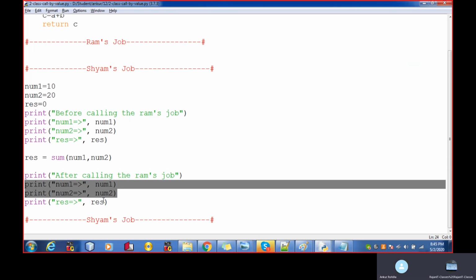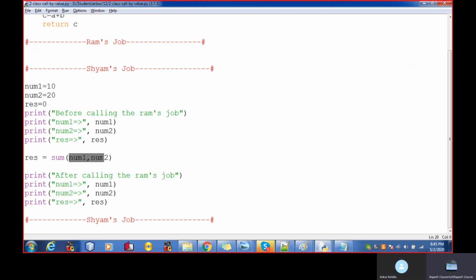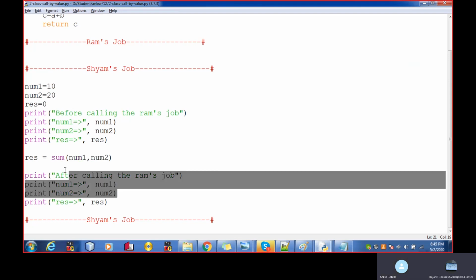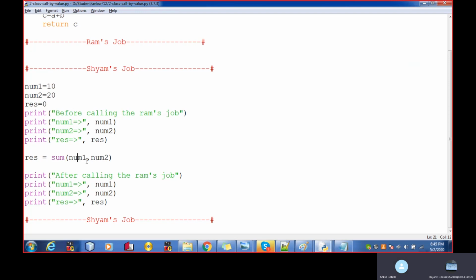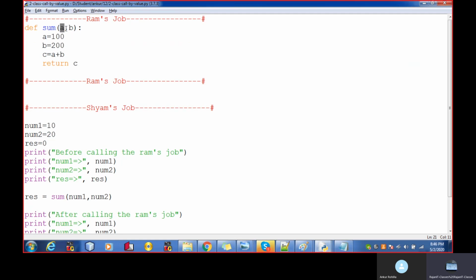But if you look deeply into this program, whatever you passed is not changed after calling the function. It is the same. This concept is known as call by value, right? Your num1 and num2 are the original parameters, and these are the arguments.